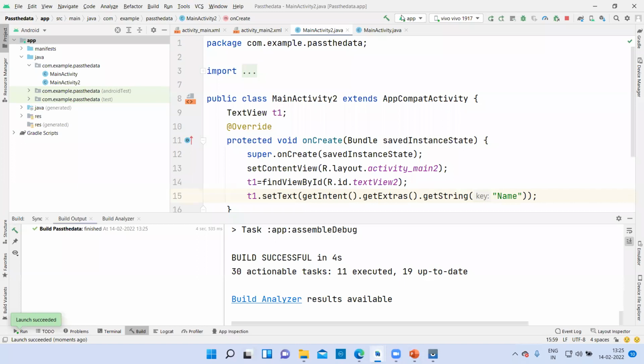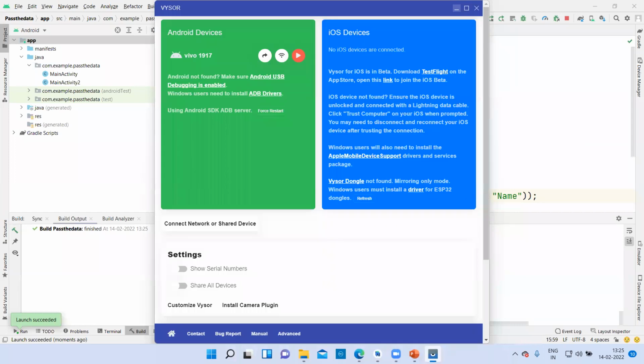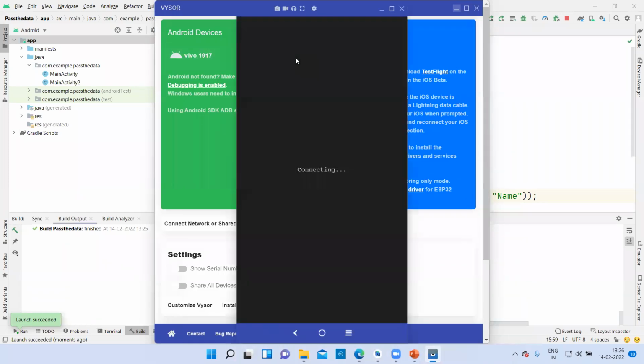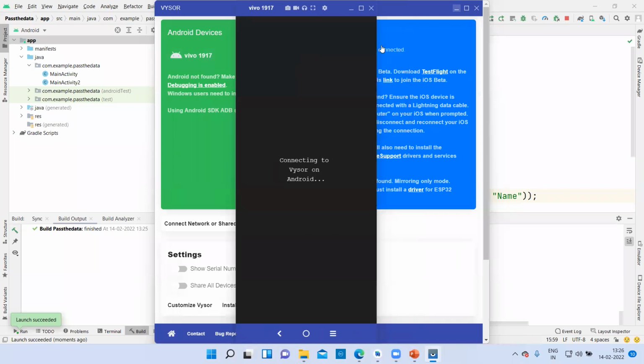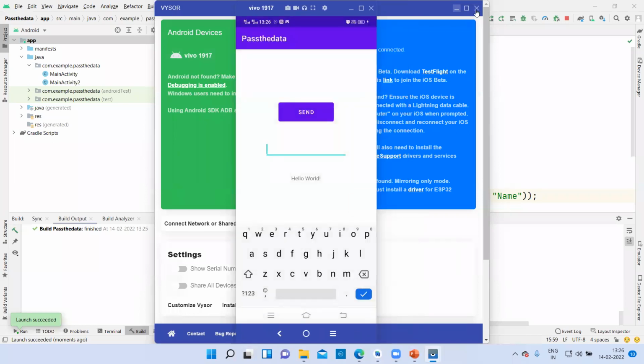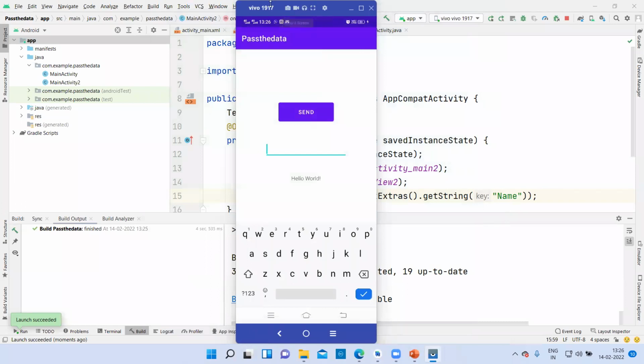I'll show you right now. So this is my device. Just wait, my phone device will be shortly here. Let me take it to this corner.